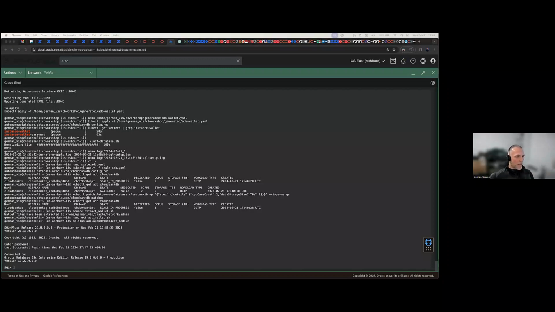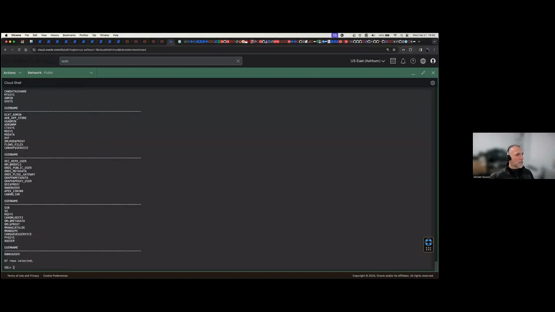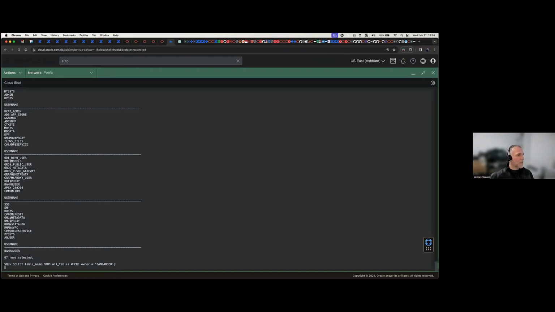So right now what we can do is, for example, we can select all the users to see the users that are there. And we can see, for example, right there at the bottom, bank A user, which is the one that we created when we initialized the database. And now we want to see what tables bank A user has, and now I'm selecting table names from all tables where the owner is bank A user.